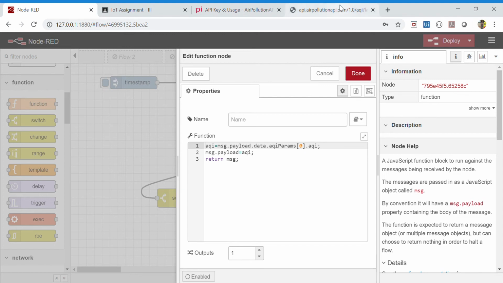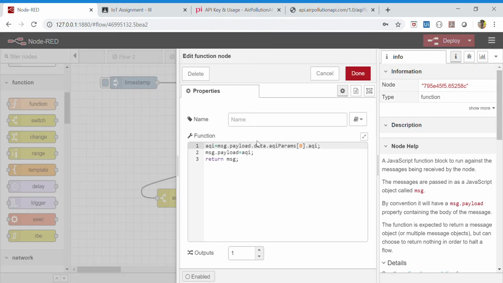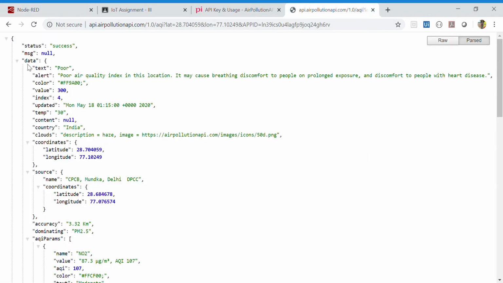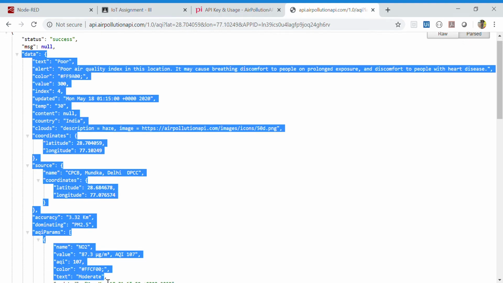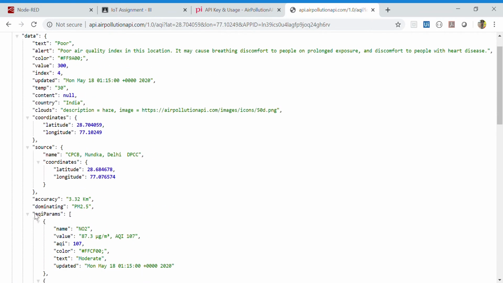This is sent as a payload, and in this payload we want data, like payload.data. We will get the entire thing, and from this we want AQI params.